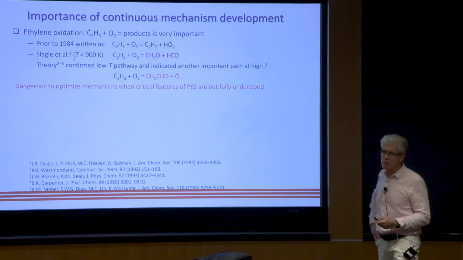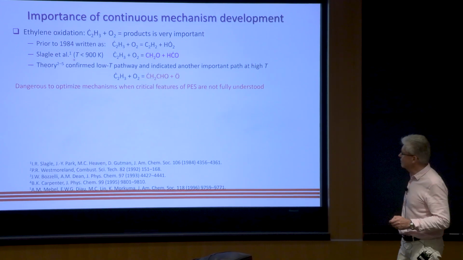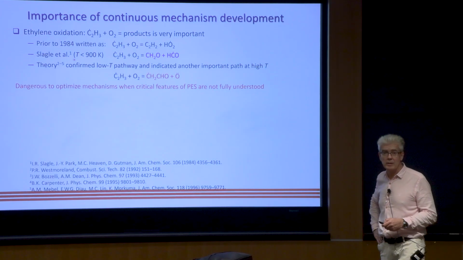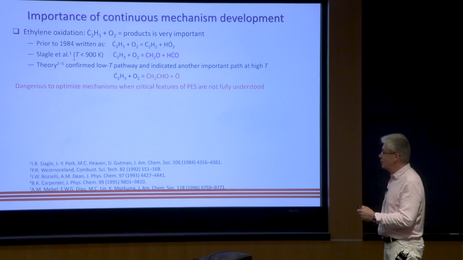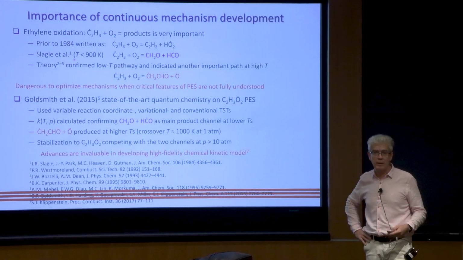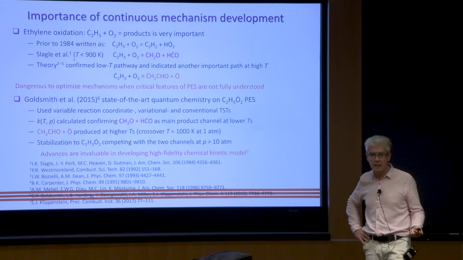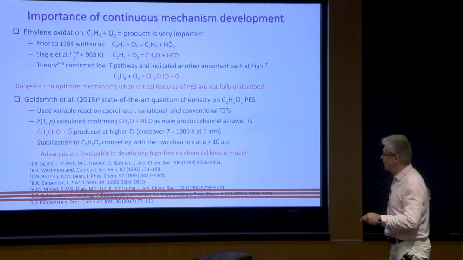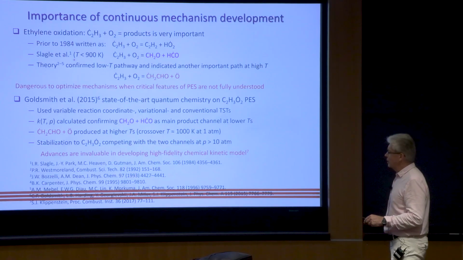So it's dangerous to optimize mechanisms when critical features of potential energy surfaces are not fully understood, right? And so it's best to use the quantum chemistry calculations to inform us about what the potential energy surface actually is and what are the product species produced in reactions. Okay, and